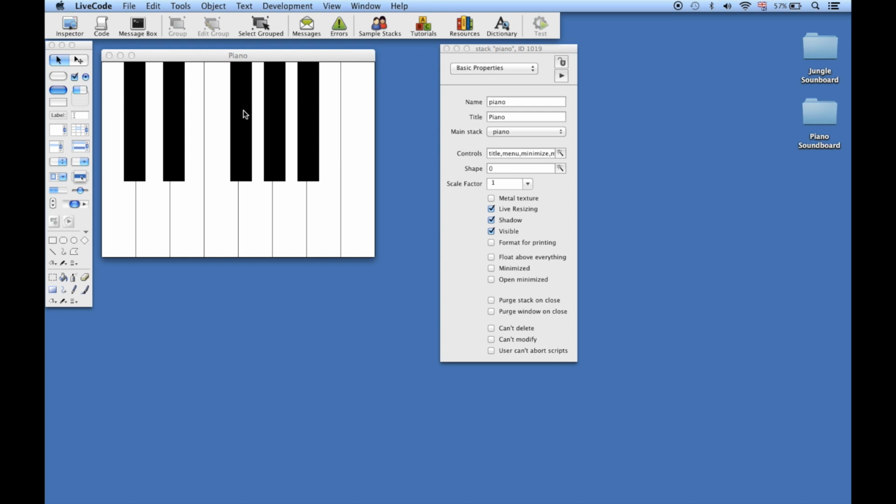Okay, so now we've got the user interface all set up for our piano. We want to make our piano actually play some sounds. Now, just like with the Jungle Sounds app, we have to point LiveCode to the default folder, to the folder where it can find our sounds. And again, we're going to do that by responding to the pre-open stack message. So when the stack gets opened up, the default folder gets set, and then the app can always find the